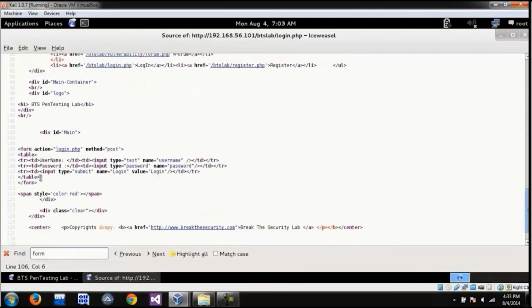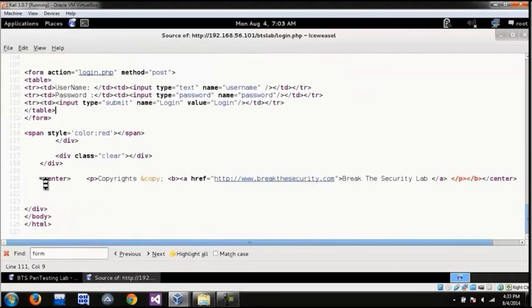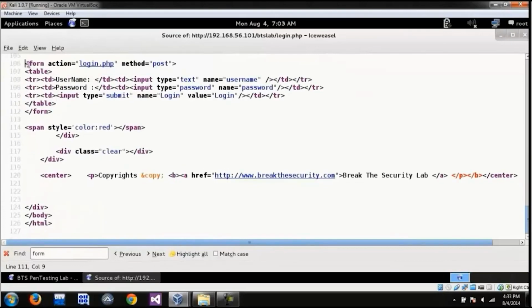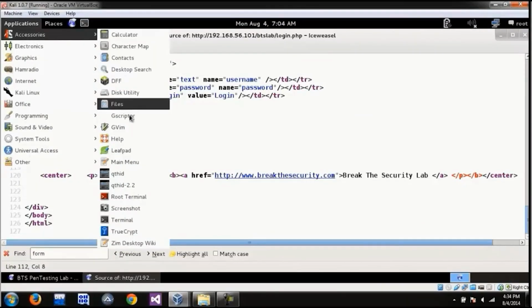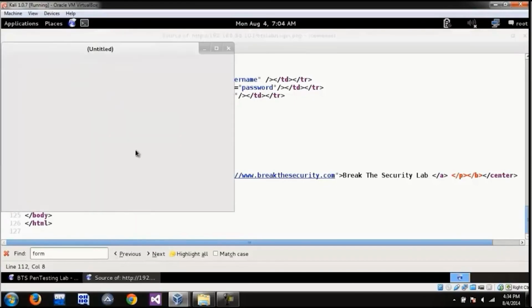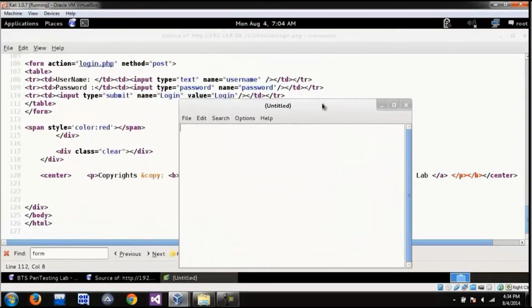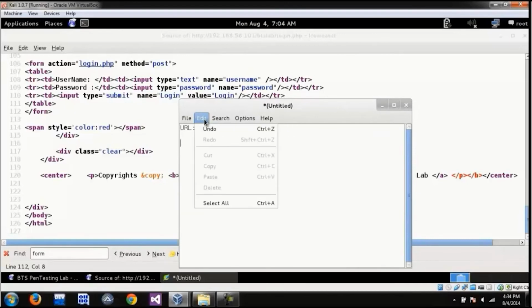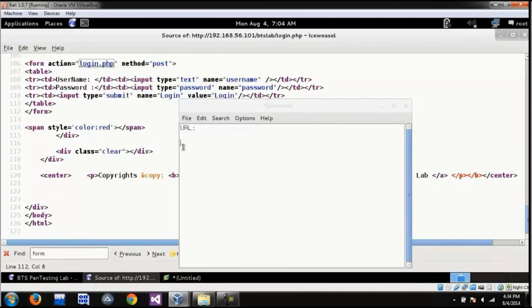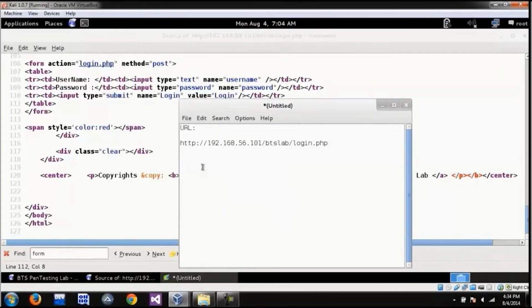So let's try to find the form over here. I'm just searching for form, and you can see the details over here. So we just open up Leafpad from accessories, so that we can save data. Just save that. So login.php is the link that we're going to target. So I'll just copy that,